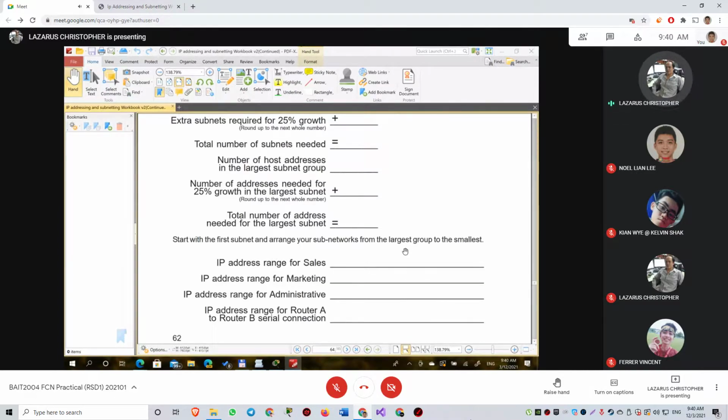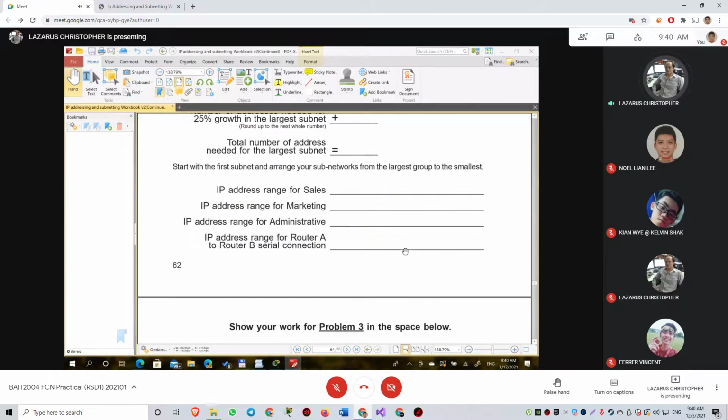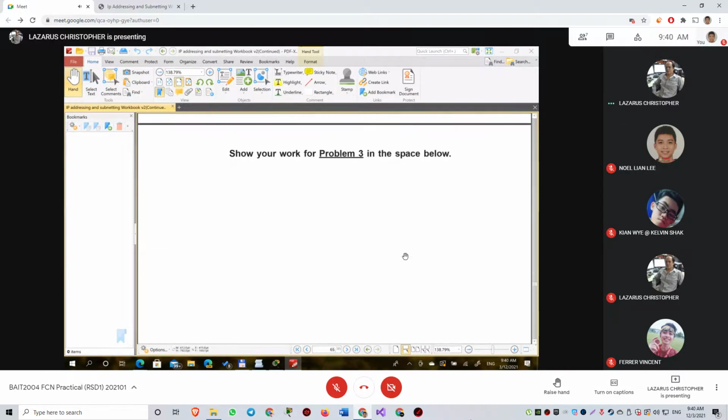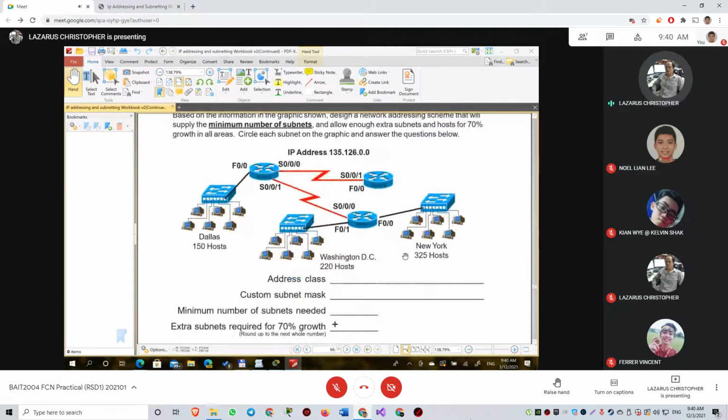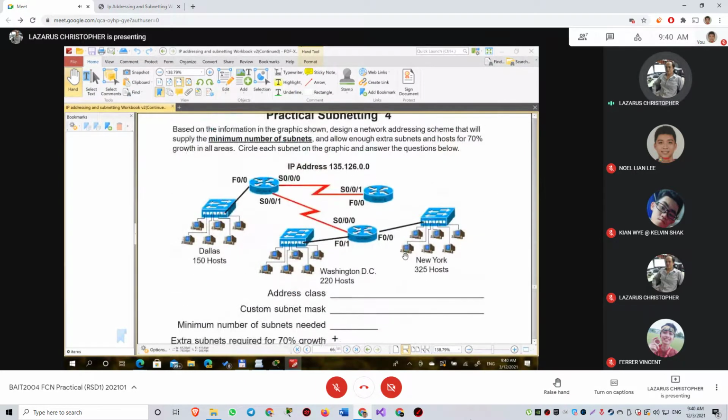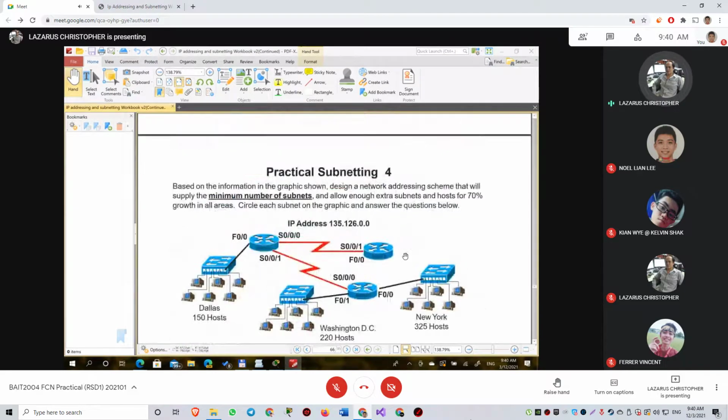Basically, subnetting is very similar to VSM, but if you know how to do subnetting, you know how to do VSM. It's just you subnet a subnet, right? So just nesting the subnetting. So my advice is the more you do, the better you get, the more confident you will be able to handle